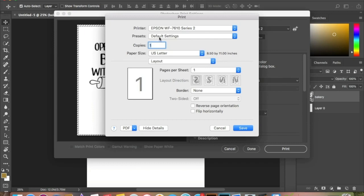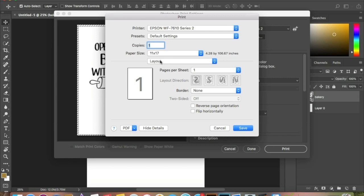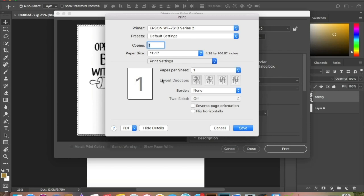And I just have it on where it presets. It says Default Settings. Copies 1, paper size. This is where you can go ahead and change it. We're going to do 11 by 17. And right here where it says Layout, if you go down to Print Settings,